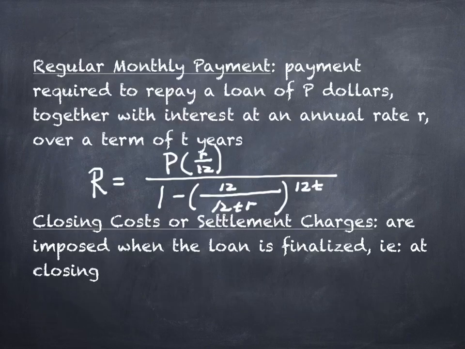Okay. Now, there is one formula that you're going to have to know or put on your note card to be able to use, and this is the regular monthly payment formula. So taking a look at the regular monthly payment, most of this you've seen before, but it's expressed differently. What is P anytime we've done it? Principal. And in the case of a loan, what does that mean? It's the amount that you're borrowing, right? So it's the cost of the product minus your down payment.